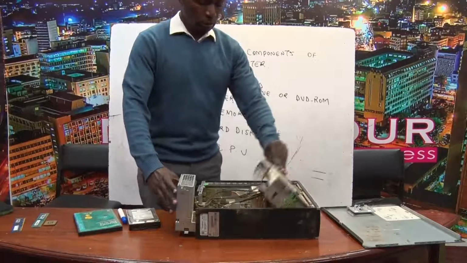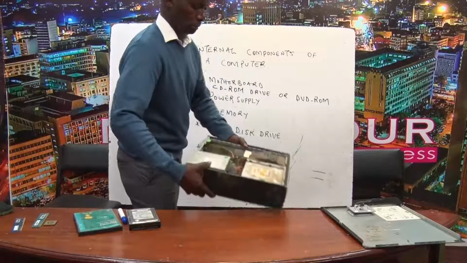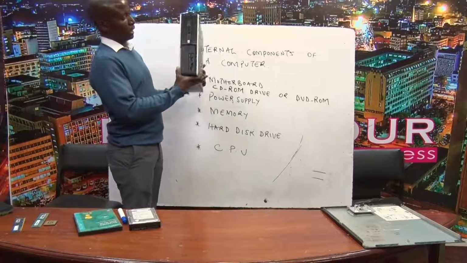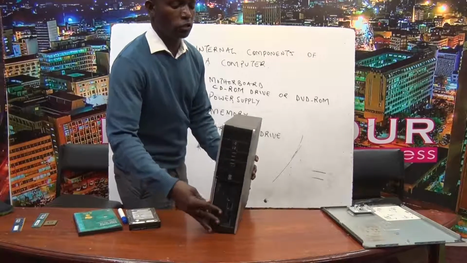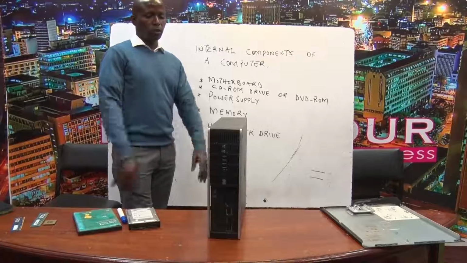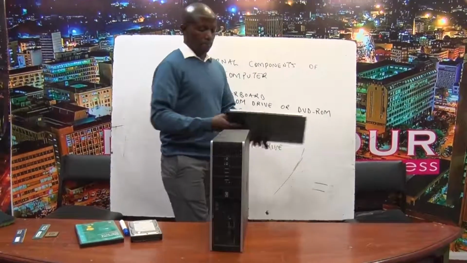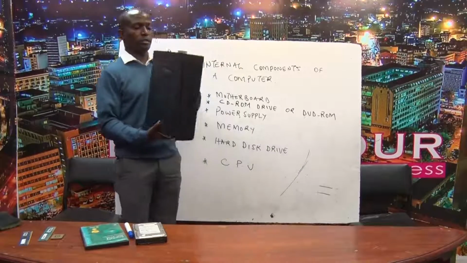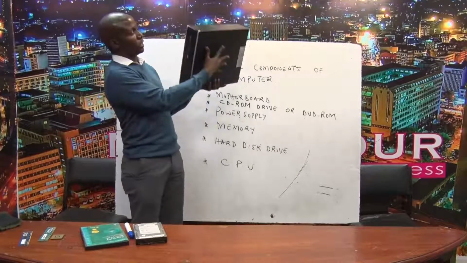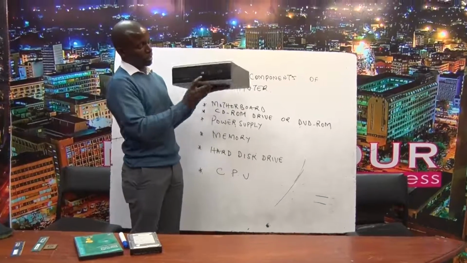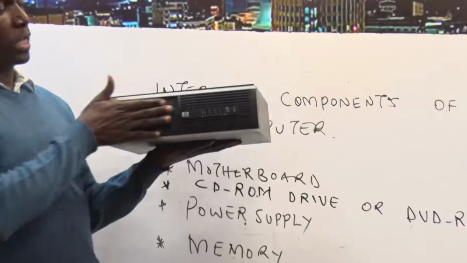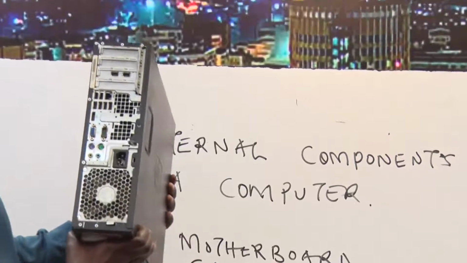So, as you can see, I brought this system unit with me, and just to start with, a lot of times this is not like a tower, but this one we refer to as a flatbed, or we call it a small compactor kind of CPU. And this is normally how it is cased. Of course, this is HP. Put it in this manner so that we get to see the HP label there. This we refer to as the front pane, while here at the back we refer to this as the back pane.